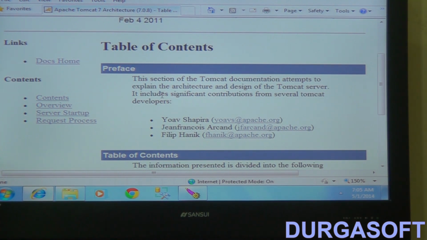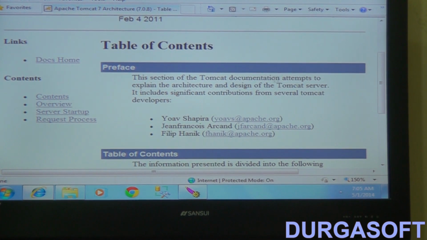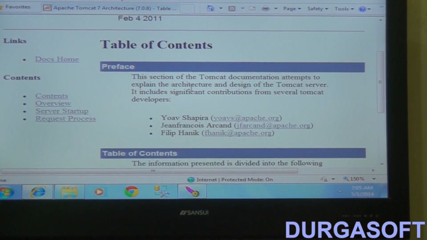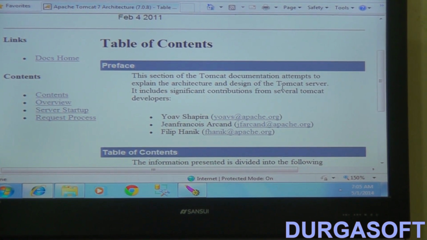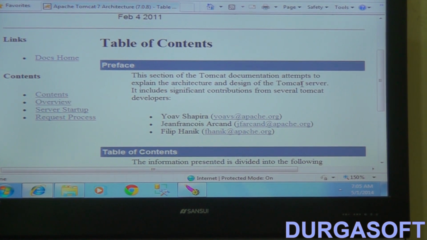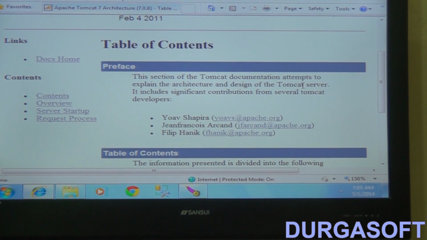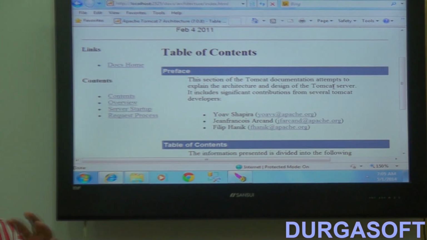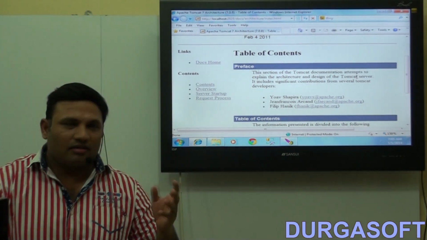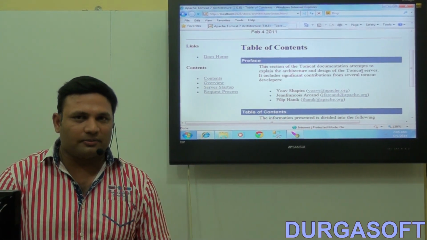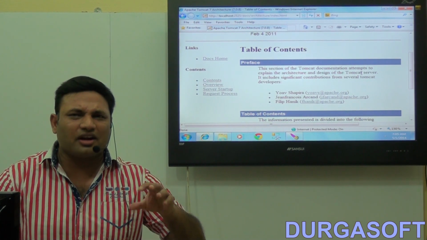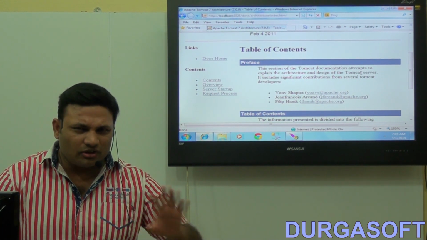See this one? This section of the Tomcat document attempts to explain the architecture and design of the Tomcat server. There can be authors, there can be bloggers who write articles on websites maybe saying that Tomcat is a container. Don't get into those words.